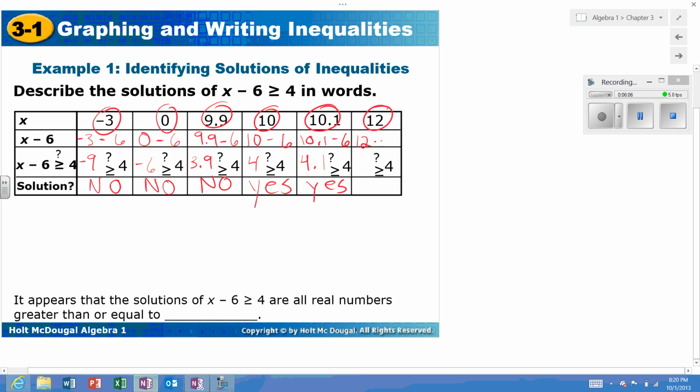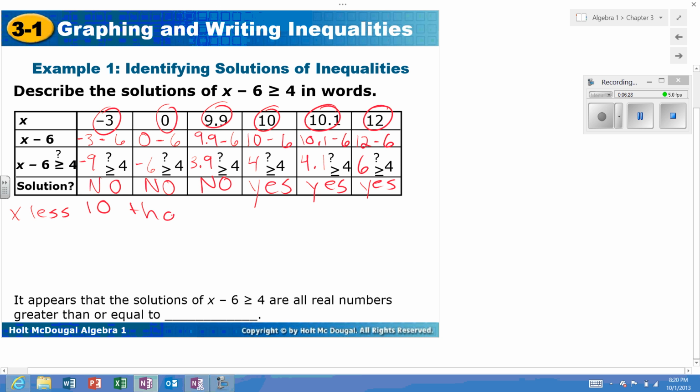Now let's finally plug in 12 minus 6, and we're going to get 6. 6 is also greater than or equal to 4. Okay, so basically we figured out that if x is less than 10, so let's write that down. If x is less than 10,